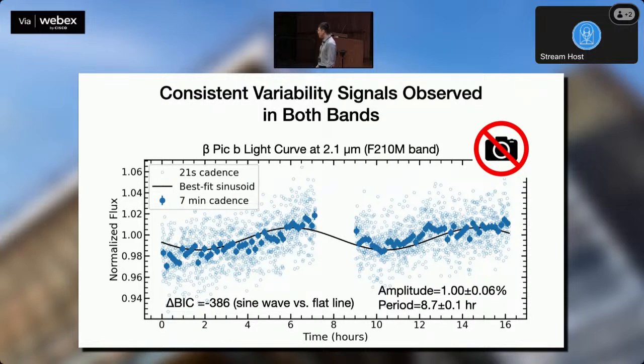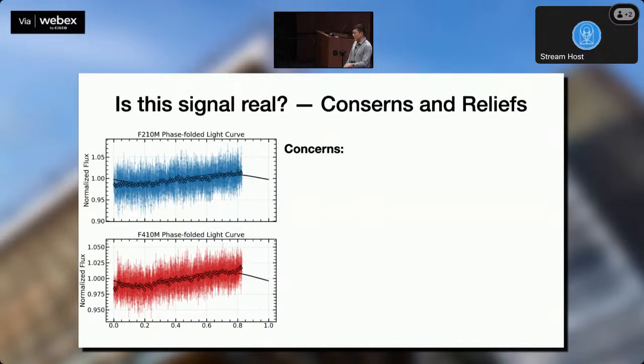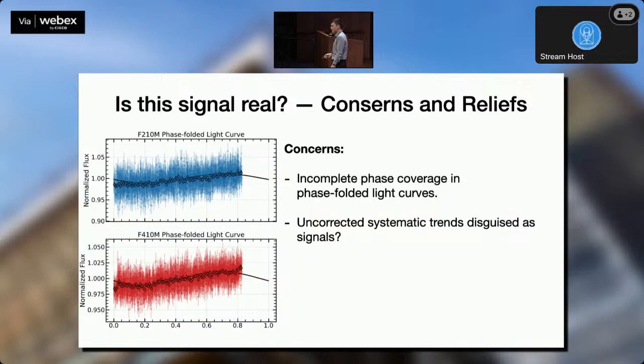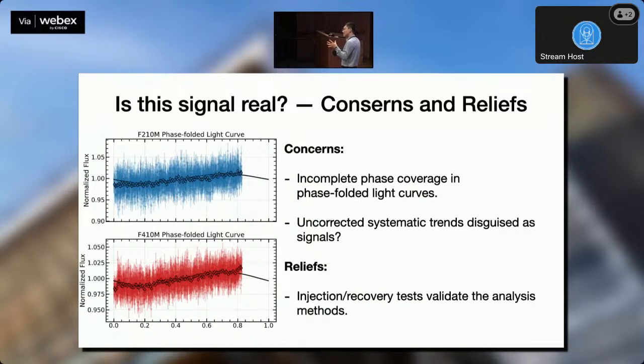We also get, simultaneously, another color at 2 microns, which shows almost the same patterns. And if we phase fold the light curves, it gave me some concerns. We have 2 segments of the data. It seems to show similar patterns. And these concerns alerted me to do additional work. We did a bunch of injection recovery tests, meaning we inject the planet with some known signals of variability. No matter what kind of signals we injected, we can recover it. So that gives me actual confidence that we are pulling out the right signal.